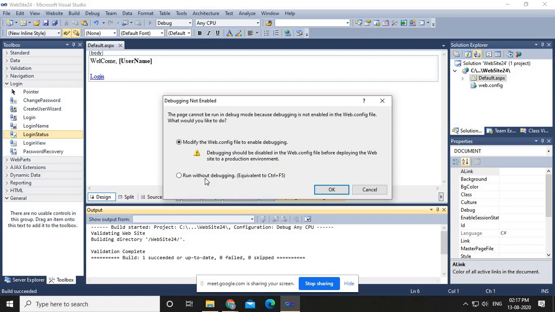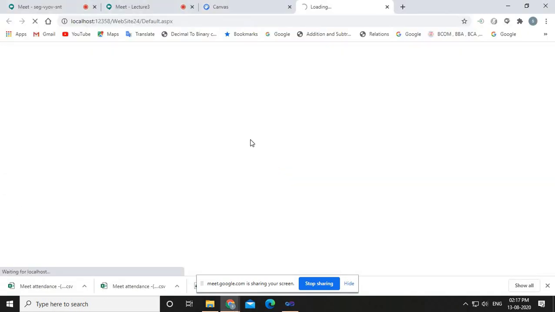automatically it will fetch the username, right? And this username is actually the username of my Windows user. Here this is the name of my machine, and this is the name of the user. I have logged in as Kamesh user, because I have not changed the authentication mode for this particular website. So the default authentication mode will be Windows, and this website is considering the Windows user as its own user, right?